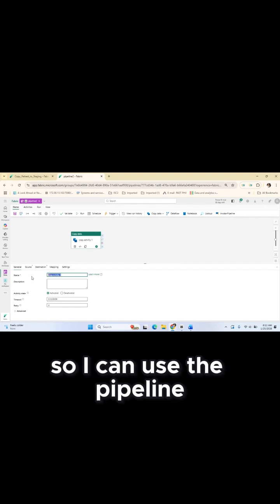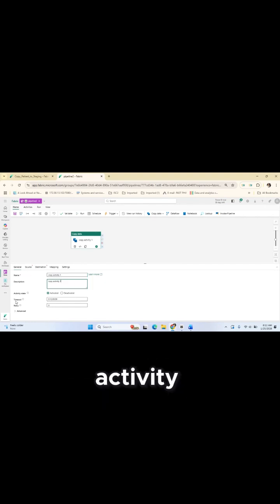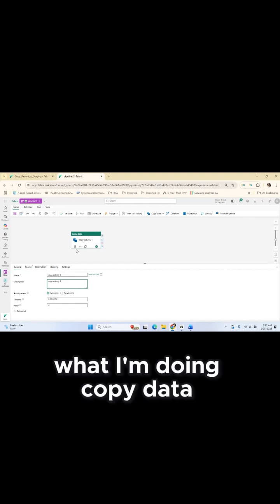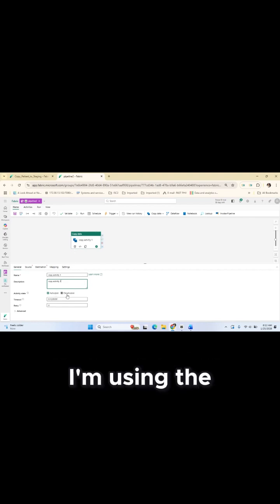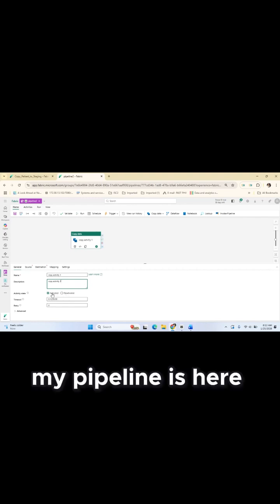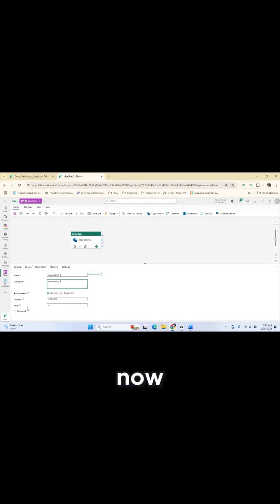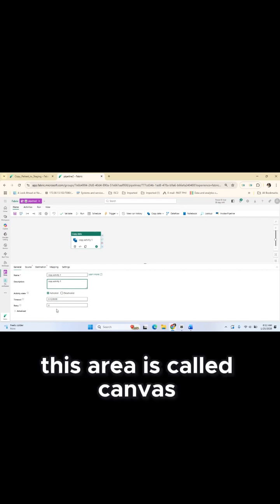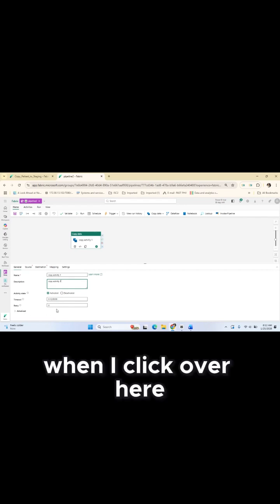So I can use the pipeline activity. What I'm doing, copy data. I'm using the copy data. My pipeline is here. Now this area is called canvas. When I click over here,